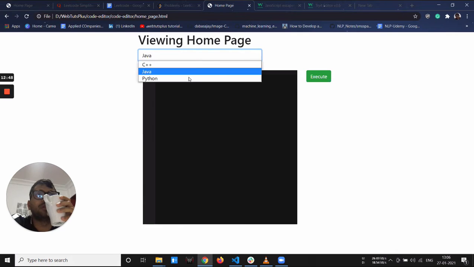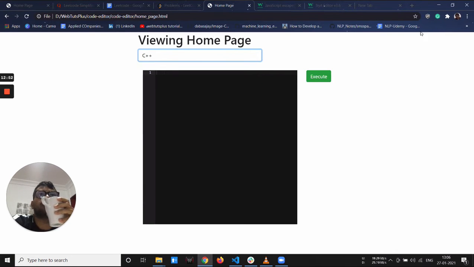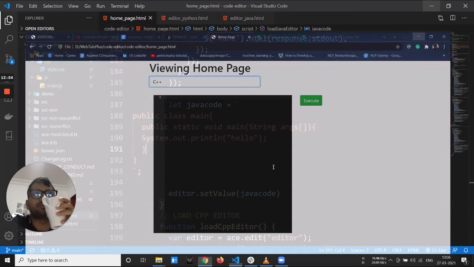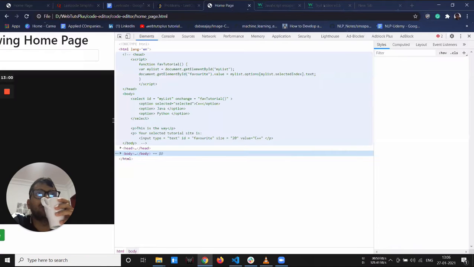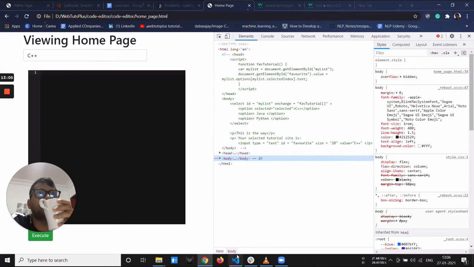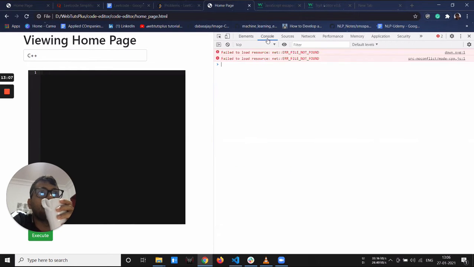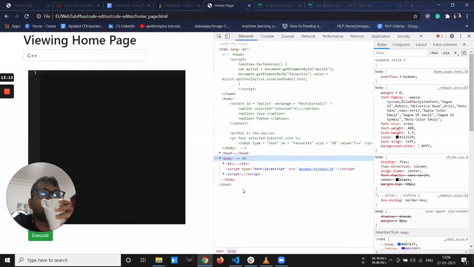The code is not showing. So now let's debug why the code is not showing. You have set the value, and can you see it in the browser in the HTML? In the body, in the script?